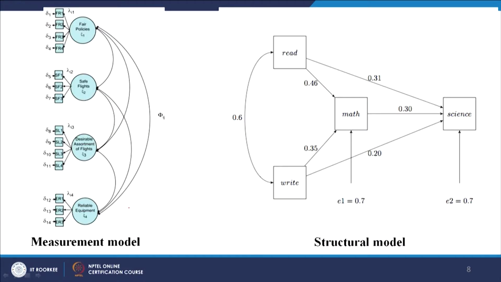Now, look at this, this is the measurement model. Every construct was related to itself and the indicators are here, but there is no proper direction as in this one. If you can see these curved double edged arrows, they are only present here. Why? Because these two are independent variables and we are saying that they both affect each other. But look at this case now. Reading and writing ability is affecting the maths performance of a student, and maths performance is then affecting science. So, if somebody is good at maths, he will be good at science, we are saying. The science mark depends on how good you are in maths, and the maths mark depends on how good you are in reading and writing.